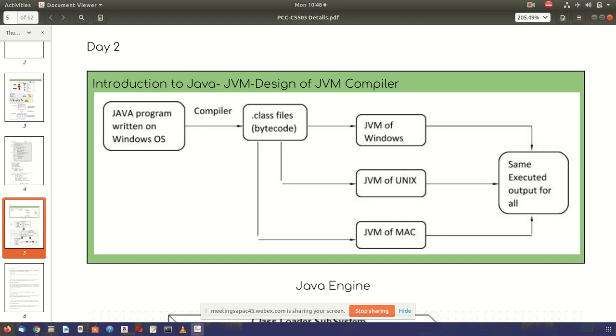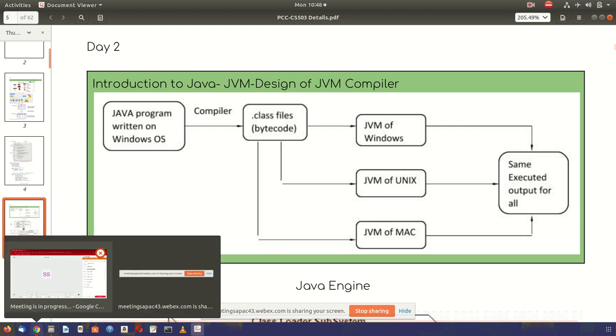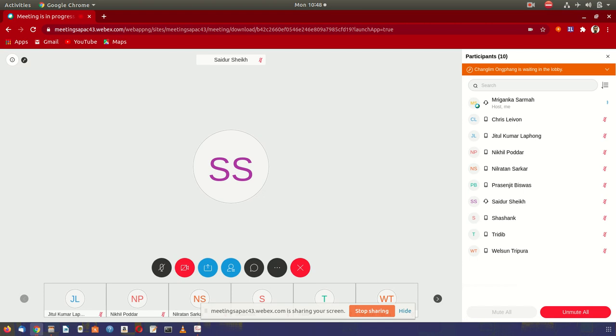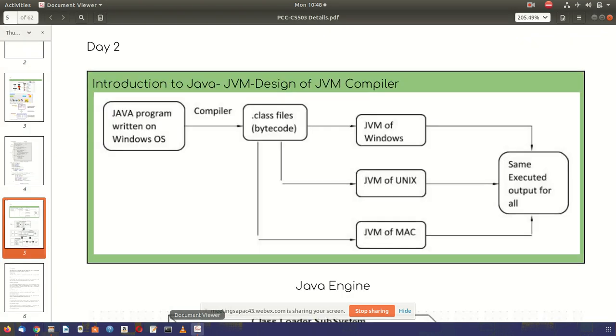Another example: if some of your friends get bored, I'm just starting to give examples so that you can relate and understand. When you buy a car nowadays, your car has an Android based music system. Yes or no? If you have observed, some cars come with an Android based music system.